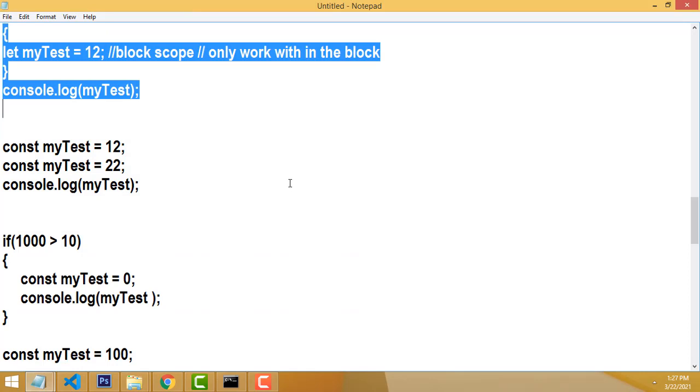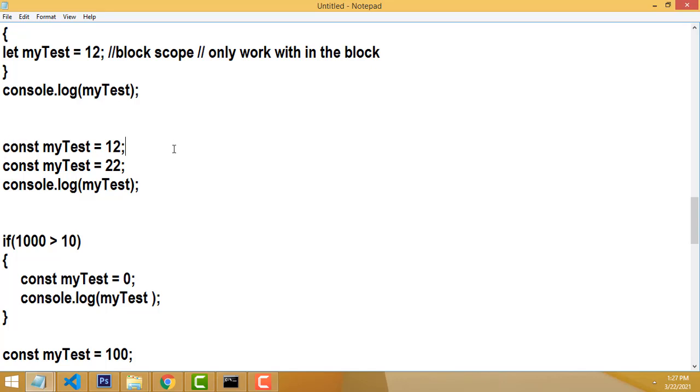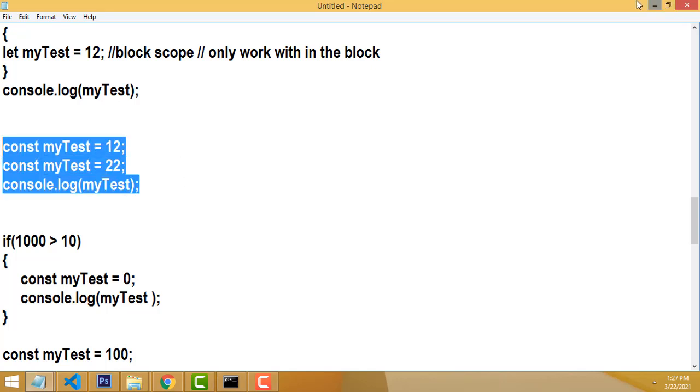Right. We did another example also. After that, I will just go through the constant variable. We have already done var as well as let. Now let's move to the chapter on constant variable, how the constant variable works. The same example, I just copy and paste it over here.